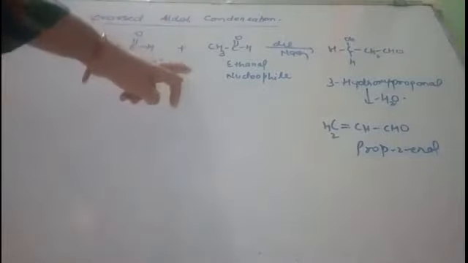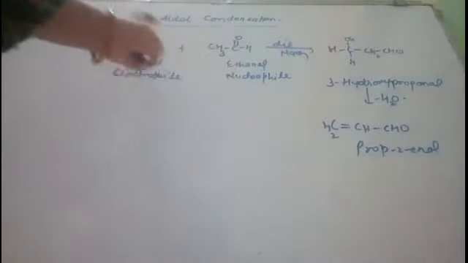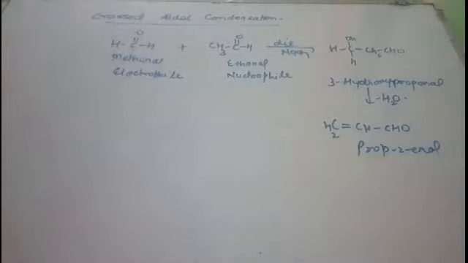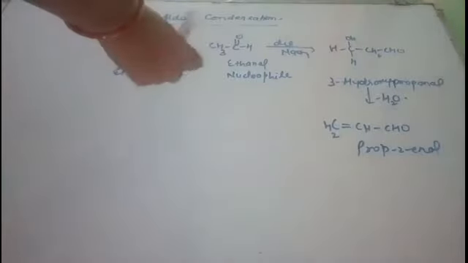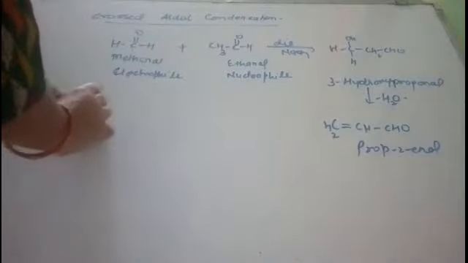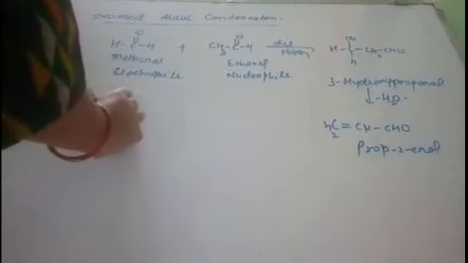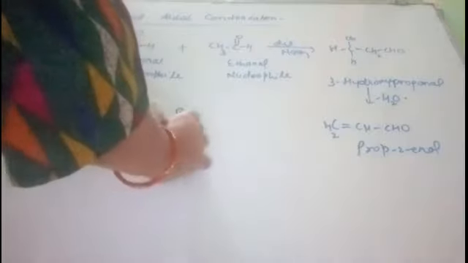Now here, because this is cross aldol condensation, so 4 products should be formed, but no, because here this methanol cannot act as a nucleophile, so we cannot replace their position, so that product will not be formed. Methanol again could not react with itself to form the product, so that will also not be formed. So only one more product, that is ethanol, reacting with ethanol will lead to the formation of product, and we have done many times this reaction.